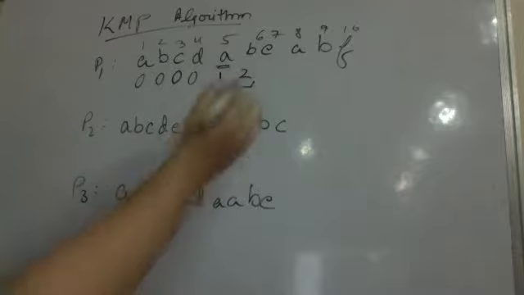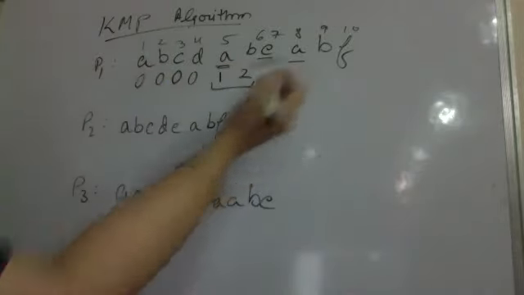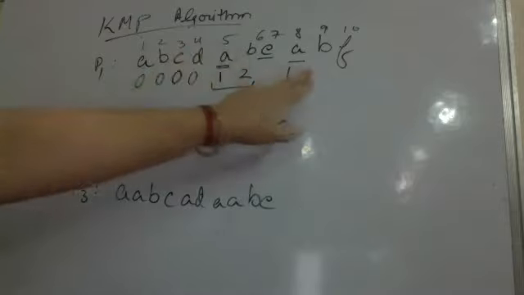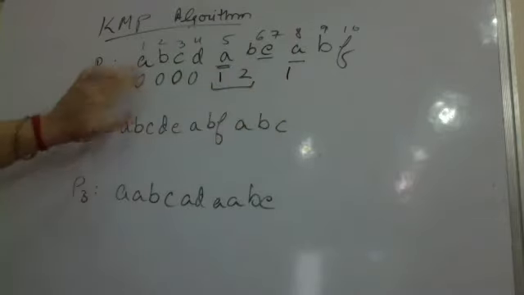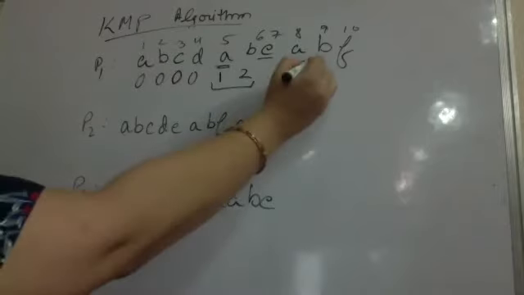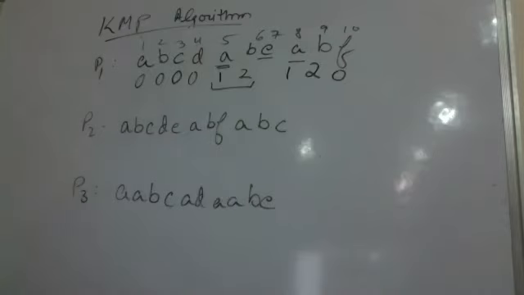So again, is E coming anywhere before? No. Is A coming anywhere before? Yes, it is coming at 1. I will write that position only. Is B coming anywhere? Yes, it is coming with A. So you have to write B is coming at second position. You again write B here. And is F coming? So it's again a 0.